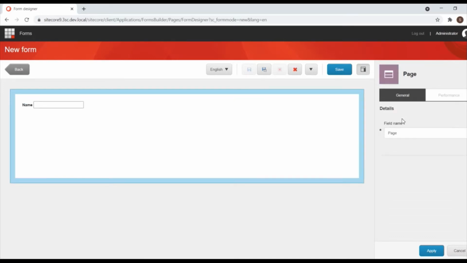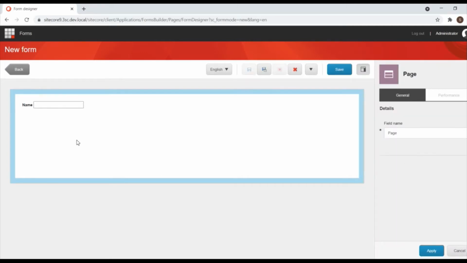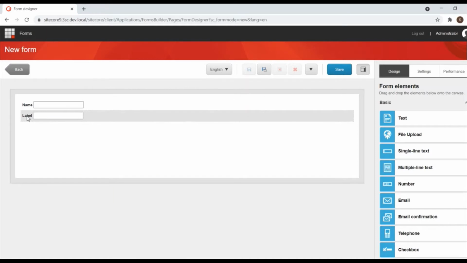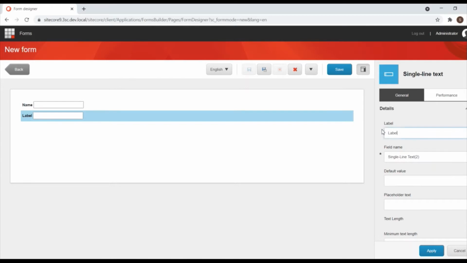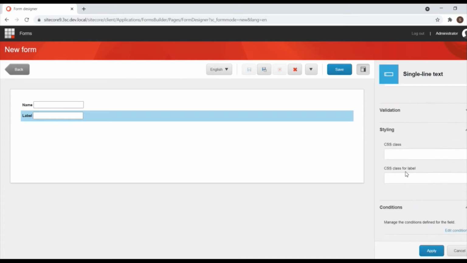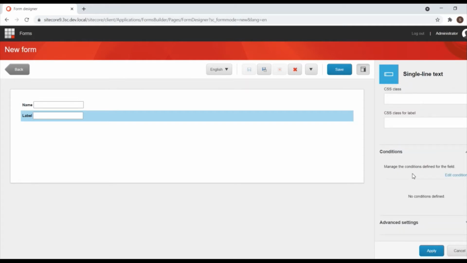I'll name it Email ID. There are also placeholder and validation options.